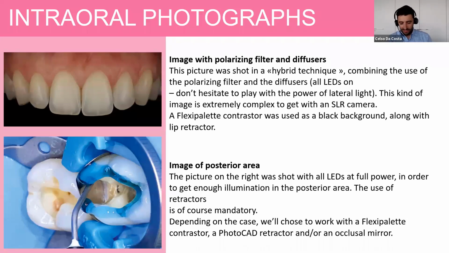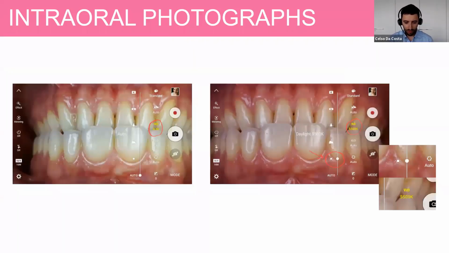Okay, but let's go a little bit into definitions. When we are talking about mobile photography, I'm saying that it's easier, but there are some settings that need to be handled like a DSLR, like a reflex camera. One of the things, and this is the most important one, is the white balance. If you keep the white balance in auto,